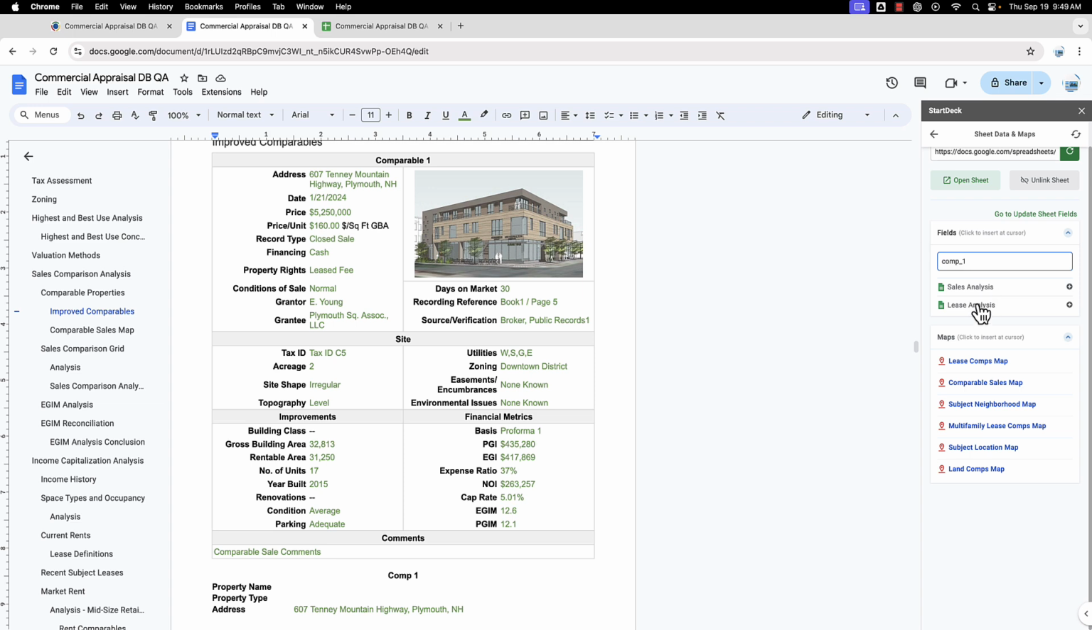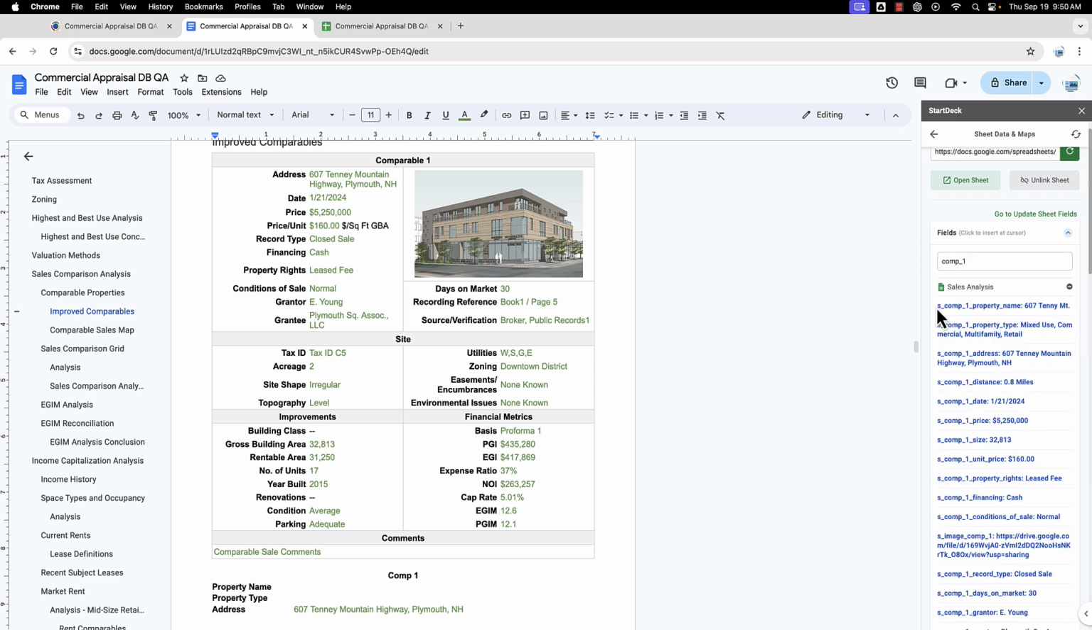particular workbook. So we'll go to sales analysis, and you can see here at the top of the list we have comp 1 property name, which is what we're looking for, and we want to place that right here in our document. We put our cursor at the location where we want to place the field and then click the field name, and that will insert the field at that location. One more time, we'll do it with the property type, and that will include, of course, our property type at